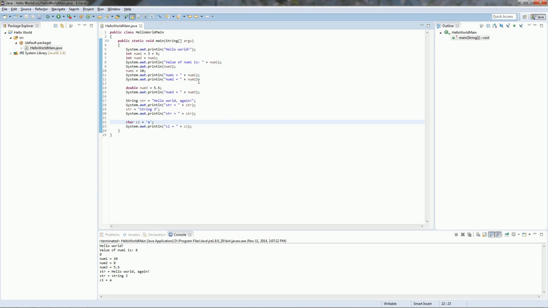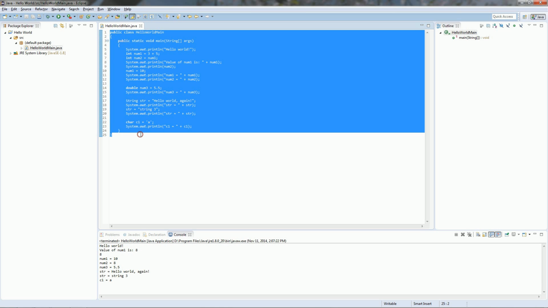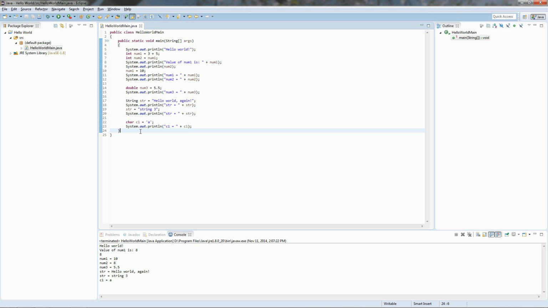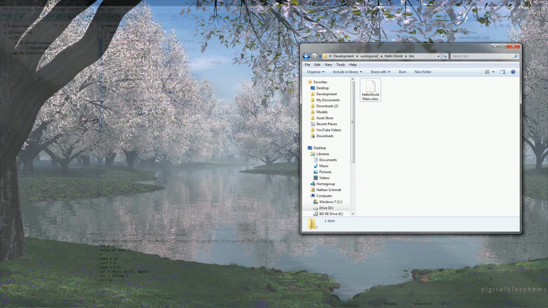The next thing that happens is the Java compiler actually takes your Java text file and compiles it. What that does is it's basically a process that takes text that is human readable and converts it into bytecode. Specifically because we're working in Java, it is converted into Java bytecode. And so to prove to you that this is actually happening, let's jump back out to our operating system